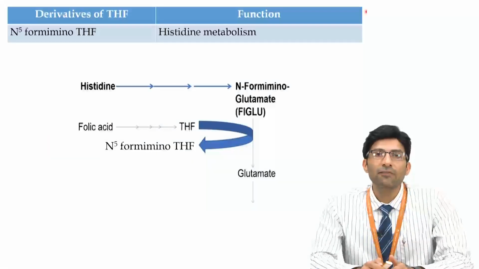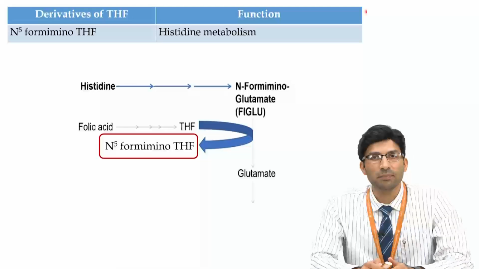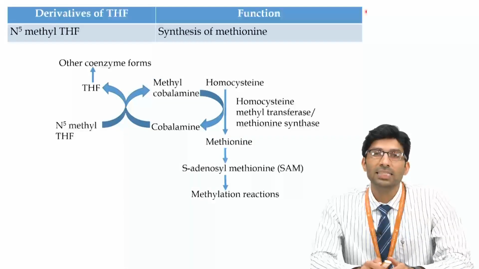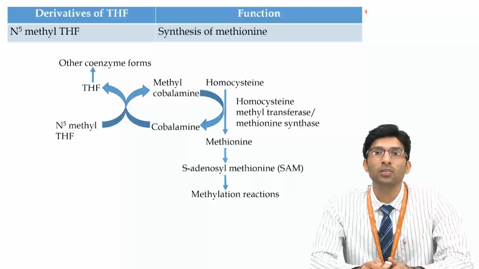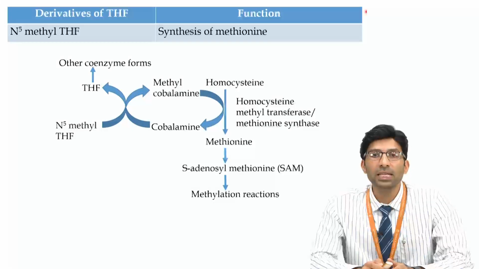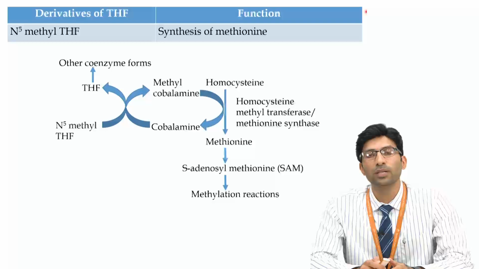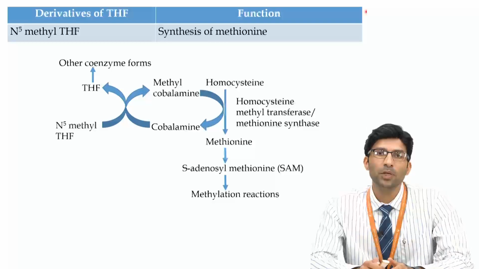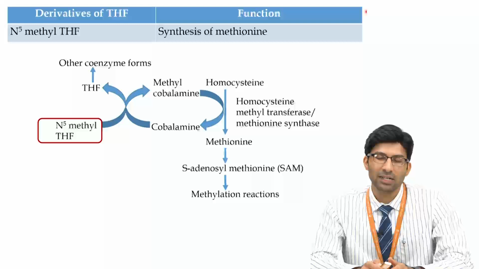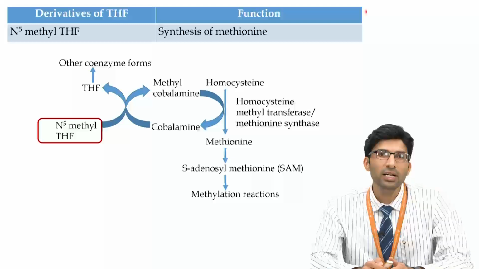We can see that N5 formamino tetrahydrofolate is required in the histidine metabolism. And here, as I said, very important methionine metabolism, because methionine is the essential amino acid. It also synthesizes a very important compound called S-adenosyl methionine, which is called the activated form of methionine, which is involved in the methyl transfer reaction. So, here in this particular step you can see that N5-methyl tetrahydrofolate is another derivative of tetrahydrofolate which is required